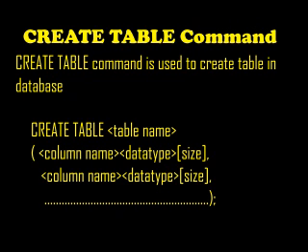If you want to write the next column also, put a comma, then write the column again, then data type, then size is optional. If you require it you can write it, otherwise leave it. Comma, however many columns you need you write them, then close the bracket and put the semicolon. This is the way to create the table. We will see one example.